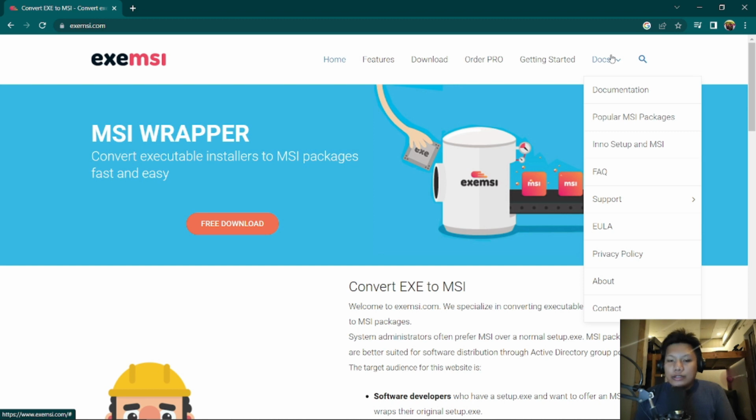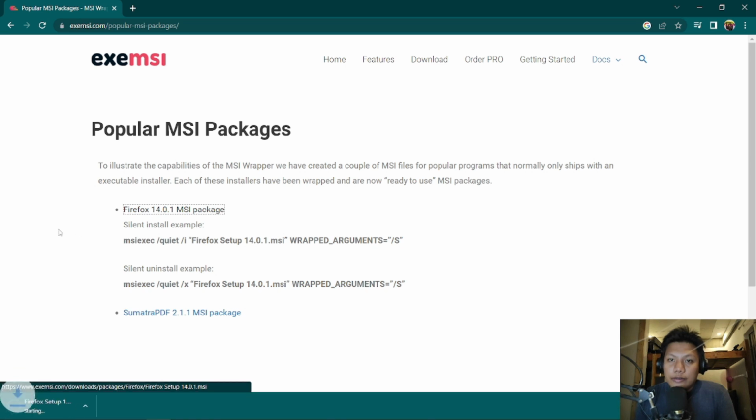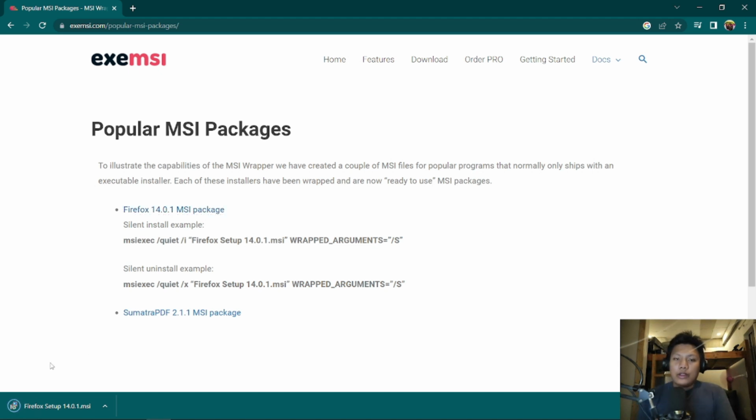And then just click popular MSI package. And click this one. I'm gonna click Firefox 14.0.1. Okay? And click. And it downloads, okay? Our Firefox setup